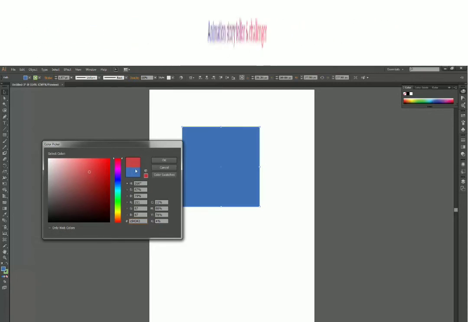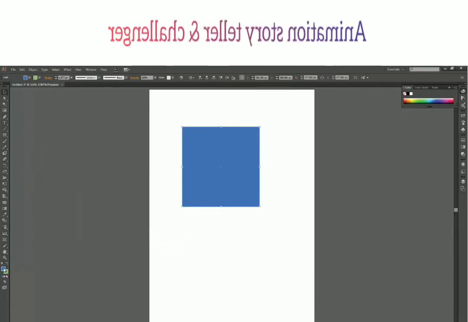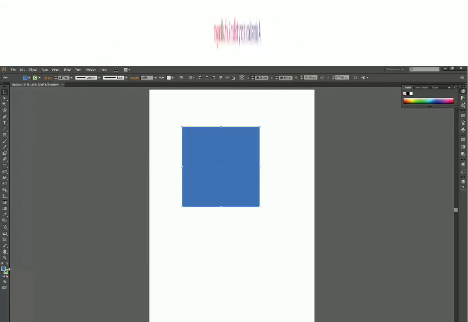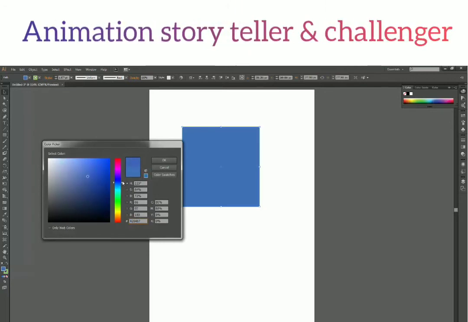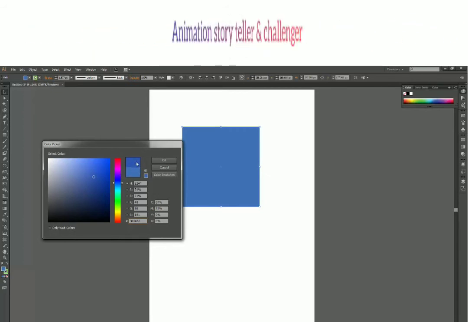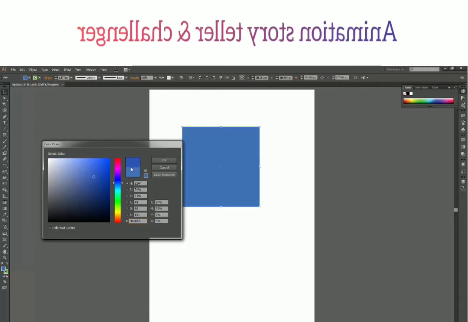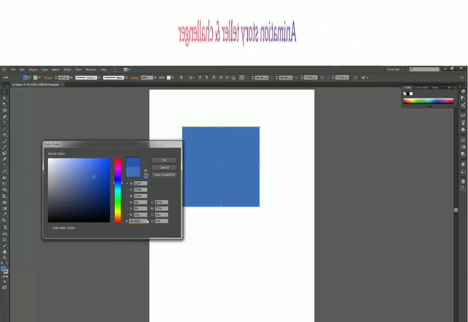Now you have two values over here, which reflect your current value of the color and the previous value. Let's say my previous value was this one, a kind of blue color, but when I double click and change my value a bit, now I can see the newly updated color which I am going to select. It is good that I come to know the difference between my previously selected color and my newly selected color, especially when you are experimenting with new colors. Then it is really helpful.